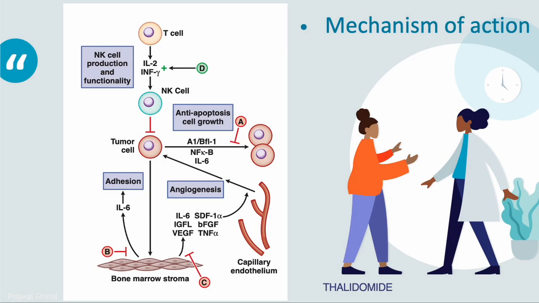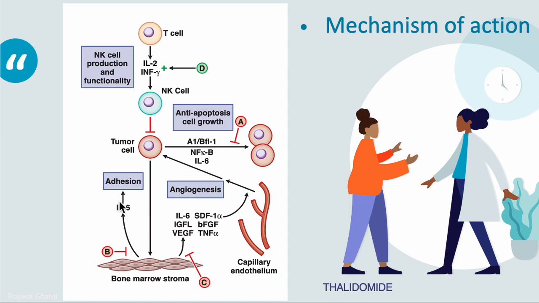Here is a pictorial representation of the mechanism of action of thalidomide as an anti-cancer agent. The proposed sites of action for thalidomide are given in this diagram, A, B, C, and D. A is the direct anti-multiple myeloma effect on the tumor by inhibiting NF kappa B and interleukin 6. B is the inhibition of adhesion of multiple myeloma cells to the bone marrow stroma. It stops the adhesion to the bone marrow stroma by inhibiting